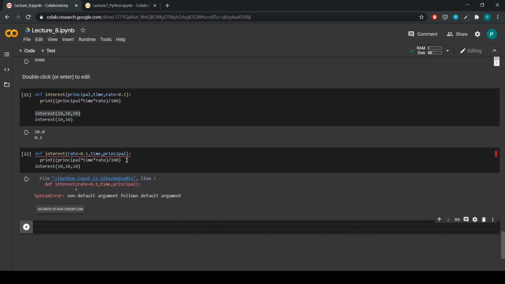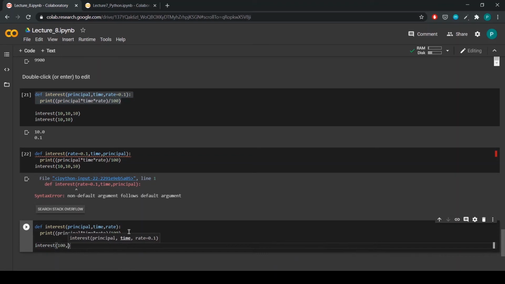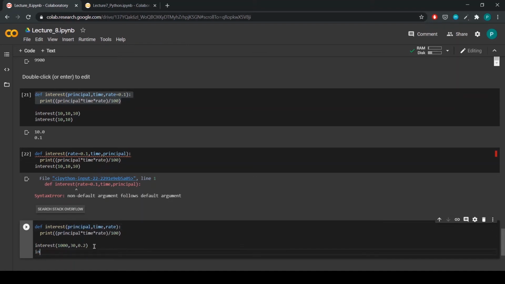So let me just take the same function here. It's not necessary that you have to give the parameters in the same order. So let's say I give parameters of 1000, 30, and 0.2. In this case, 1000 gets assigned to principal, 30 gets assigned to time, and 0.2 gets assigned to rate. So the first in this position will get assigned to the first in here, and so on. But you don't have to necessarily give it in that order. So you can change the order, but what you have to do is say time is equal to 30, rate is equal to 0.2, and